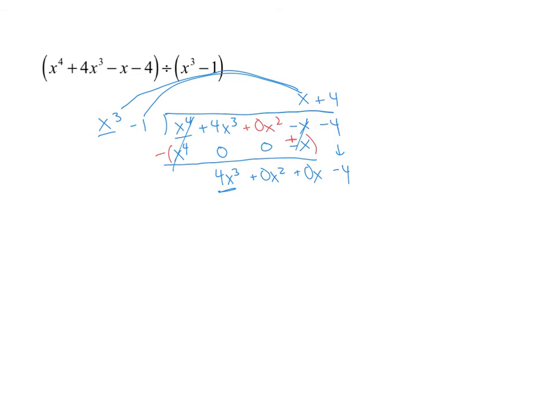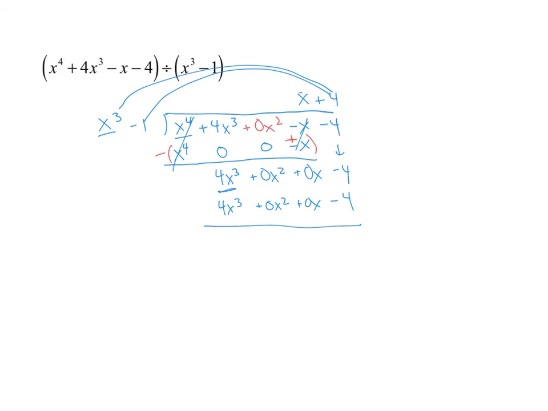So I put a 4 up here, and then I'm going to multiply that 4 by x to the third and minus 1. 4 times x to the third is 4x to the third. 4 times minus 1 is minus 4. And again, I line up my terms so each column has the same power. These would be zeros in here,